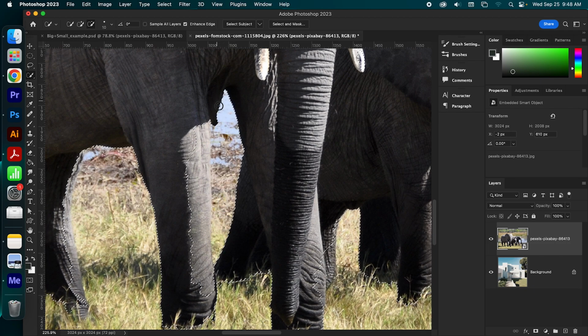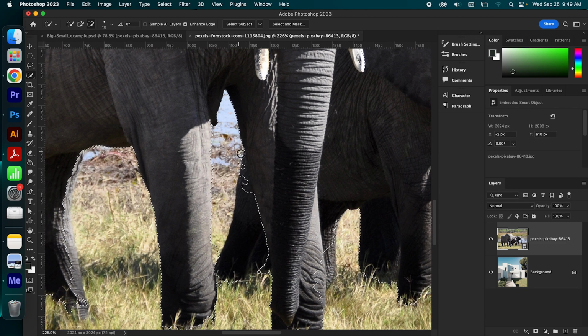Now, if you just do big swaths, you're just going to be going back and forth. So one thing that I would suggest you do is do little clicks, little bit at a time. It's okay to have a little more than what you want, but you don't want to have less. Now, I actually don't want any of this elephant leg in here at all. Oh, that's way too much. Let's undo that. I'm going to be removing that from my selection like so.